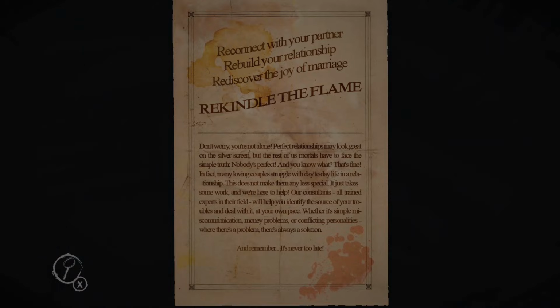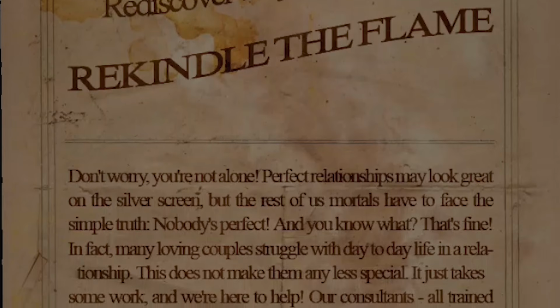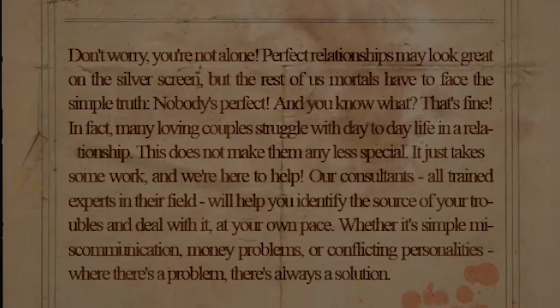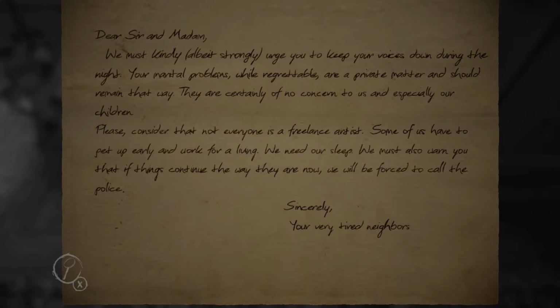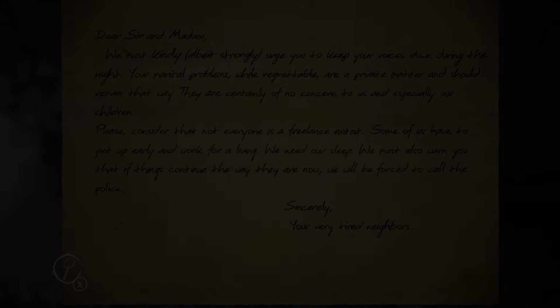They do seem to be taking part in, or at least looking into, couples counselling. The marriage is in trouble and they're starting to argue a lot, and arguing loudly, judging by a note we find in the game in which their neighbours threaten to call the police over their late night shouting. So what has disrupted this seemingly strong and loving relationship in its tracks?